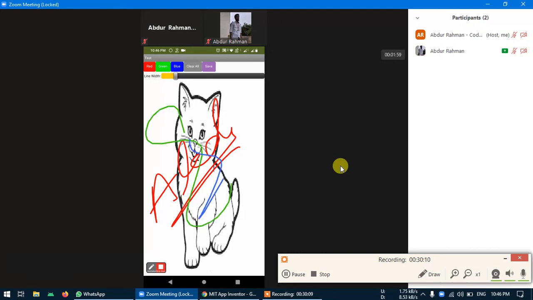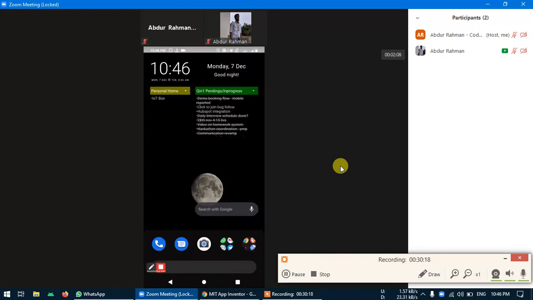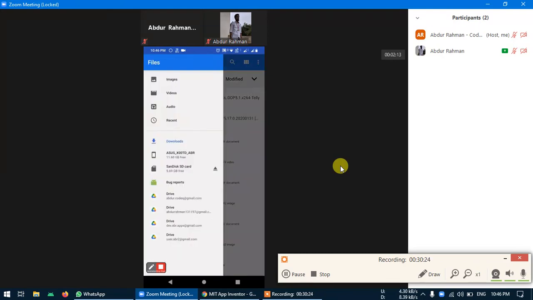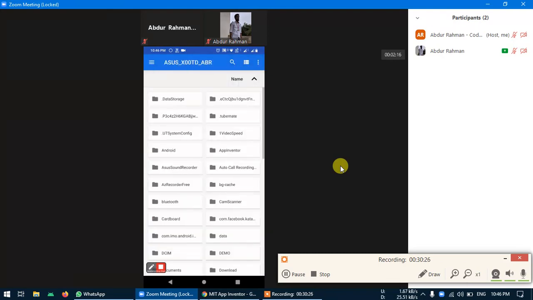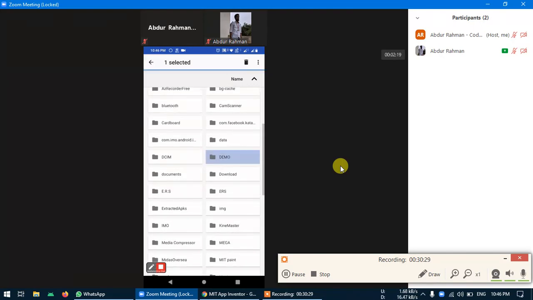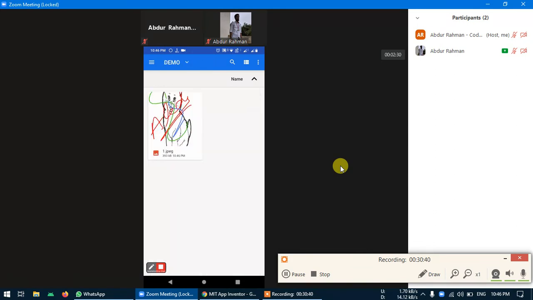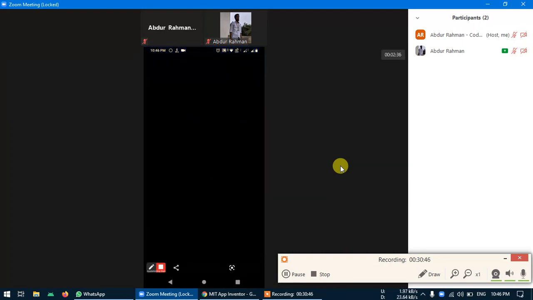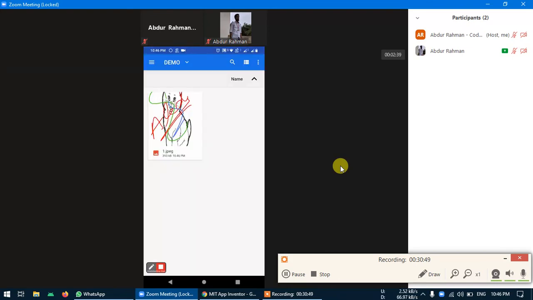And save it. Now, what if I click on the save button? We're not getting any result or any kind of pop-up saying it is saved. What I can do is go to my file manager, then internal storage. There you will find a folder called demo. Yeah, this one. This folder will automatically create itself if it is not present; if it is present, it will just put the data inside. Now we must get one.jpeg inside. Yes, because we have saved it. The same thing is present inside our device, in the form of an image, JPEG.